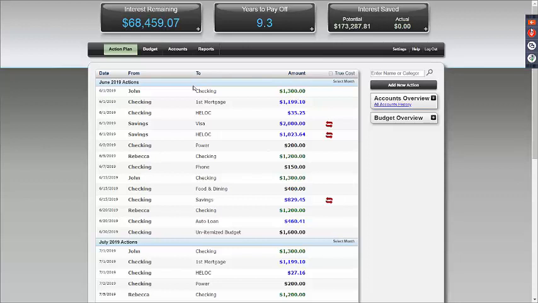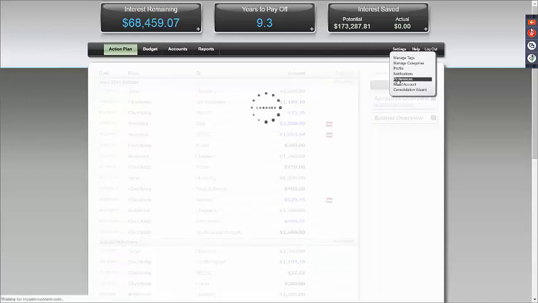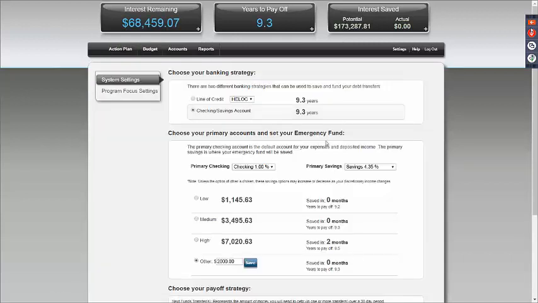Right now, John and Rebecca are set to pay off in 9.3 years, and they're set to pay back $68,459. So my question that I want to ask the program, you can go into your preferences here, and in your preferences, you can set up a low, medium, or high savings fund, or you can set up an other. So what I want to ask the question to the program is, okay, if they're going to pay everything off in 9.3 years, would it be possible just through the program for me to have $250,000 in savings